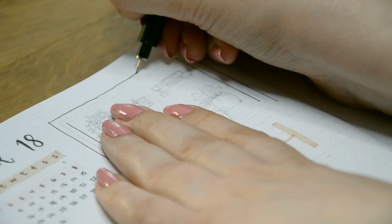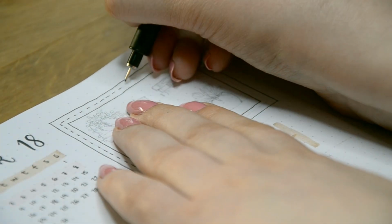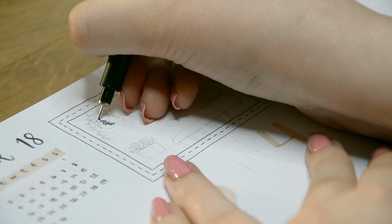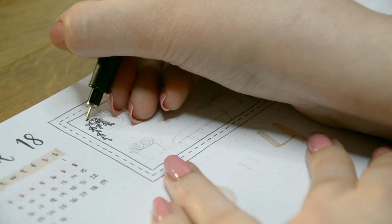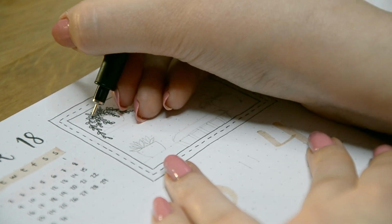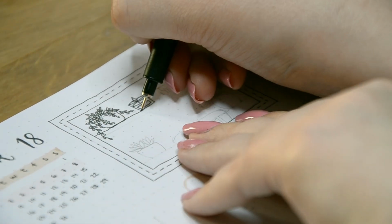For the decorations, I drew a frame with a little home illustration inside of it. As I said in the beginning of this video, this theme isn't the most cohesive one, and by the time I'm recording this voiceover, I actually don't know yet what I'm going to call it. Having a bit more abstract theme was a fun challenge though, as I could just draw what I wanted without any limitations. Sometimes using the same color palette for the doodles is enough, and that can also make the spreads